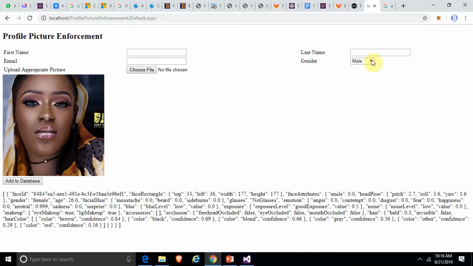Once you're uploading the profile picture, we're going to add the intelligence that if you choose that you're a male and then you upload the picture of a female, the system will reject that and it will disable this add to database button. But if you choose a female and then you upload a female picture like this, then this will be enabled. So that's what we are going to do. For us to be able to achieve that, let's pick this